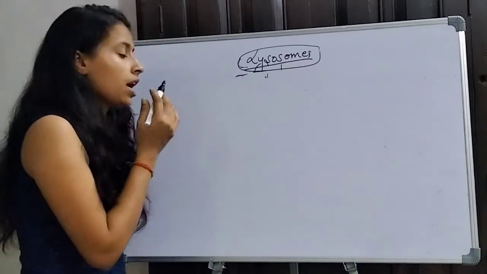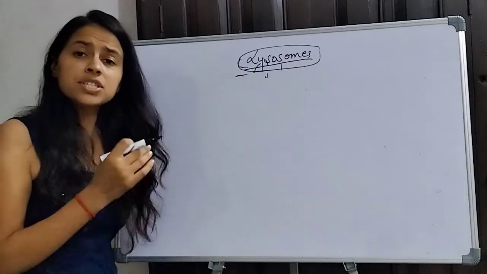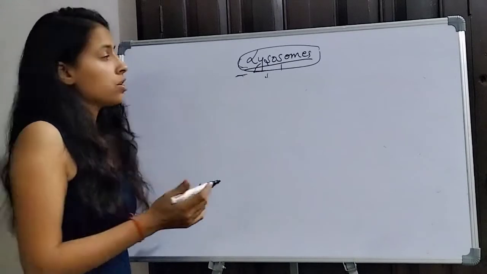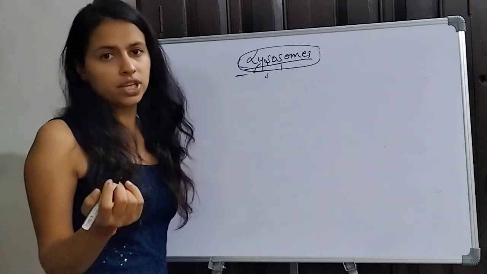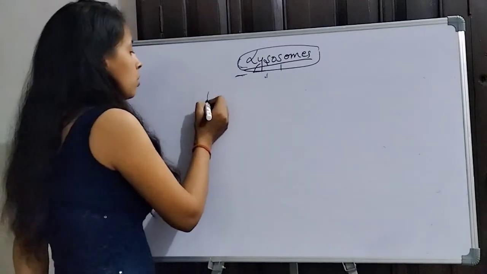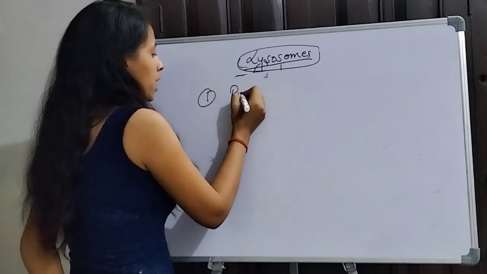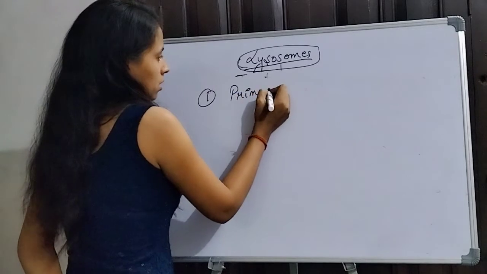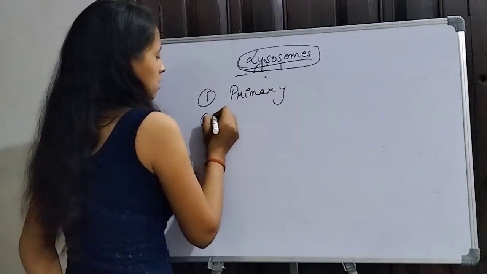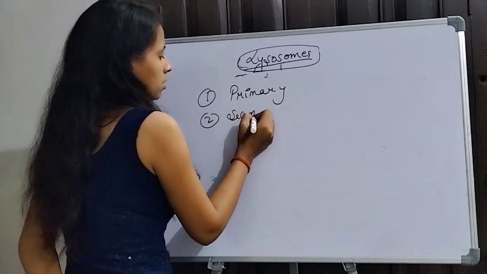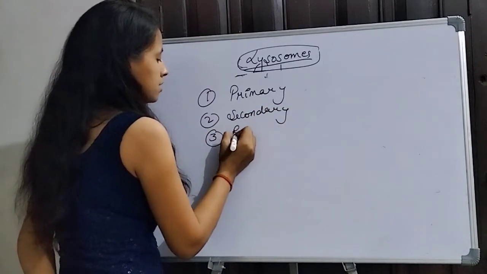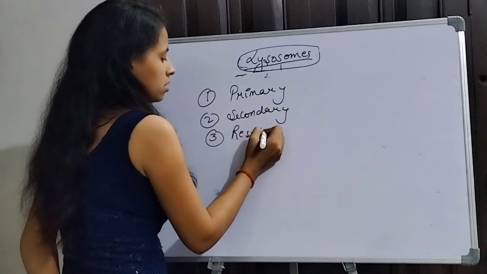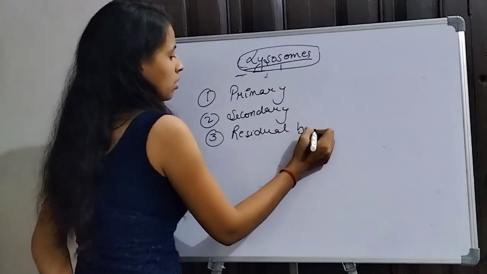in their lifetime they exist in different stages, we call them polymorphic in nature. So the lysosome is of four types: primary, secondary, third is residual body,